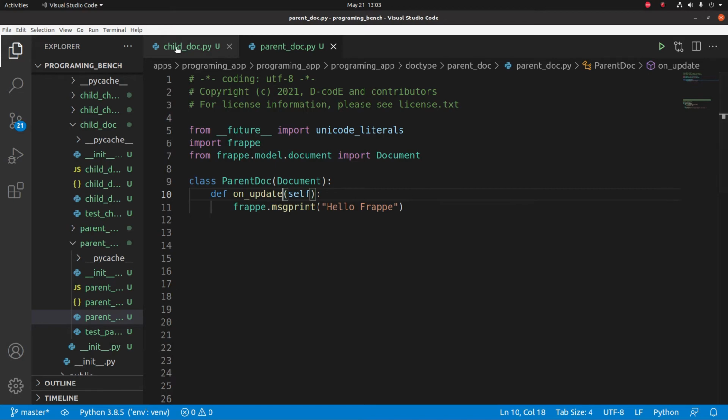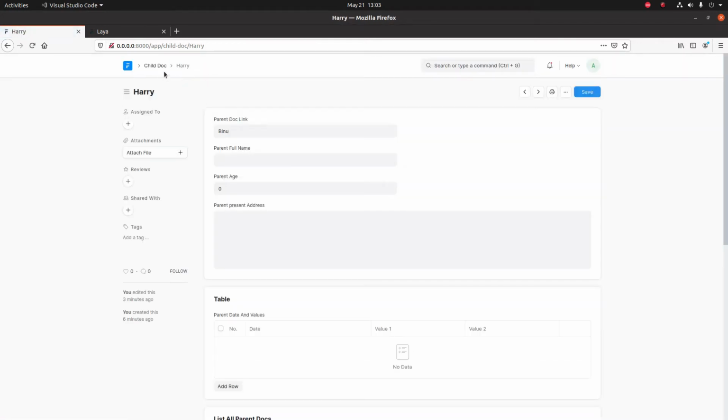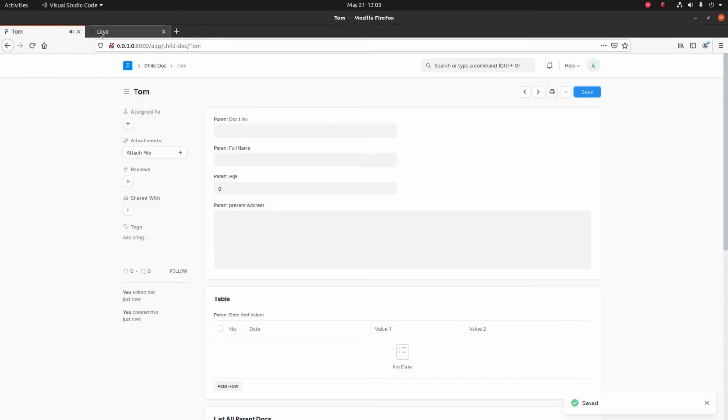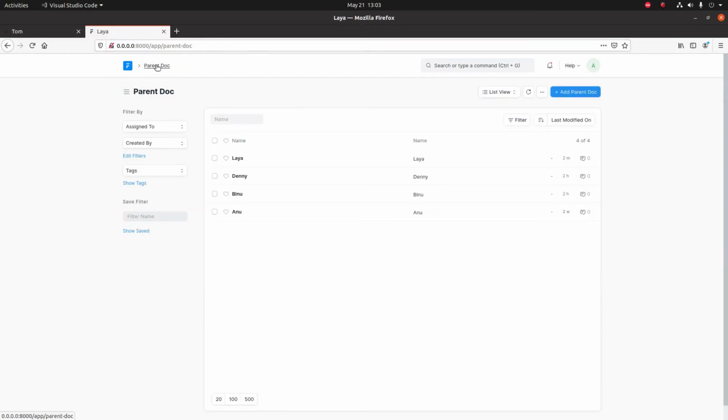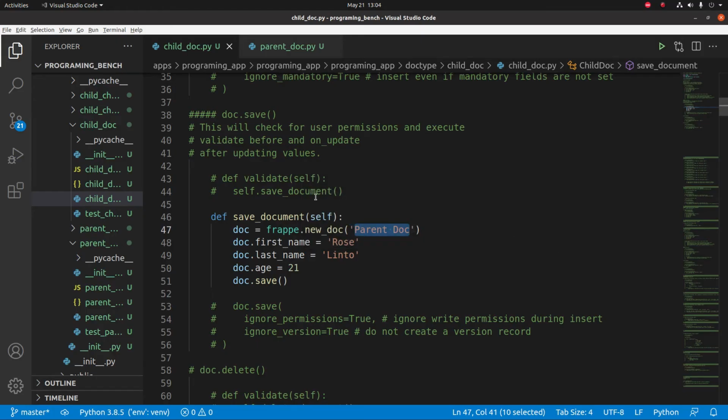Okay, let's save this and open child doc. Let's create a new child doc, add a name, then click on save and go to parent doc list, reload this page, and we can't see the new document because there is some error in my code, and the error is I forgot